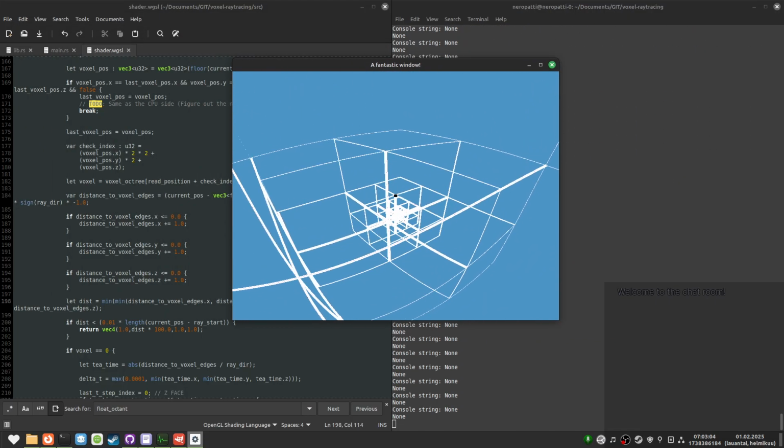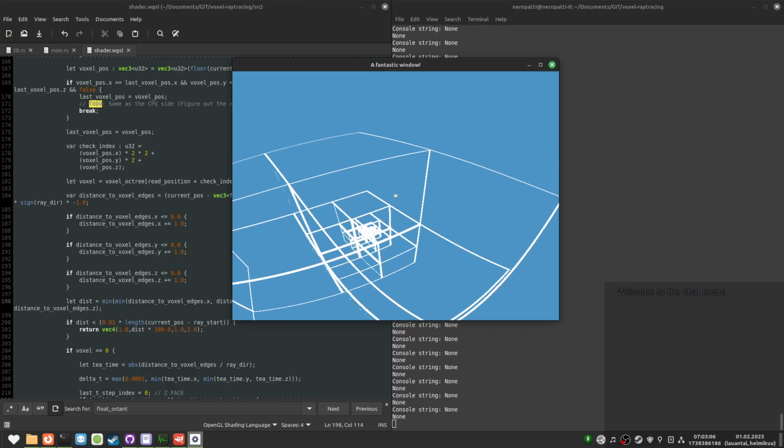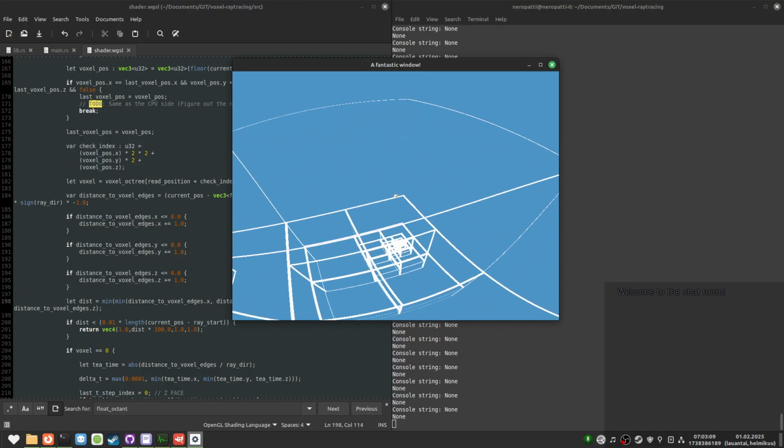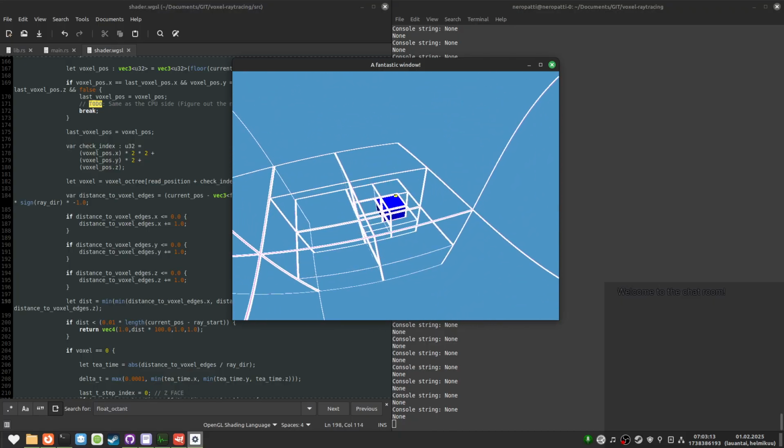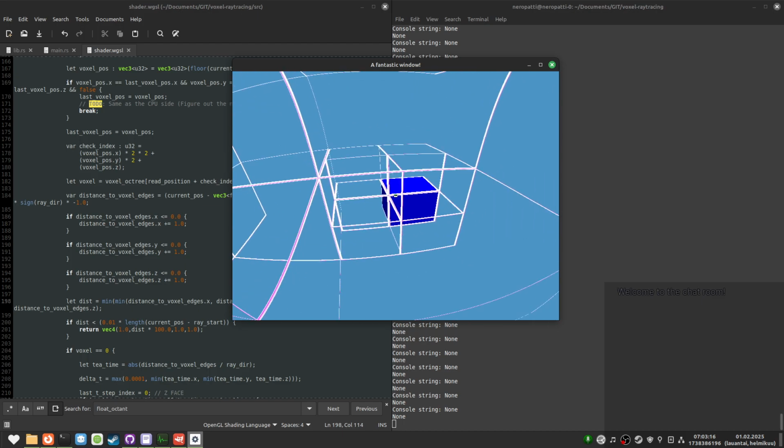Now we do get the voxel boxes as well, which is great.